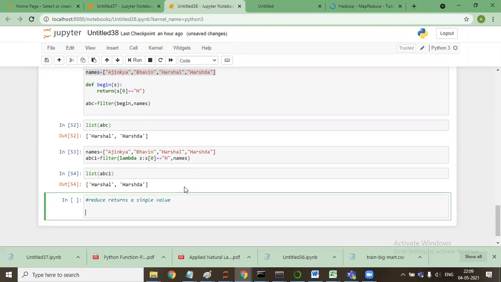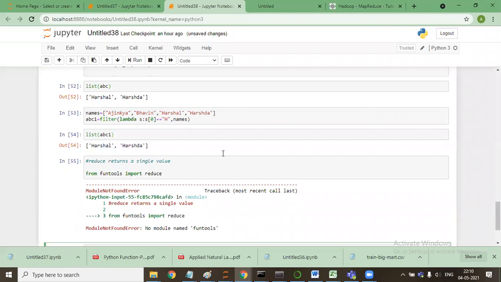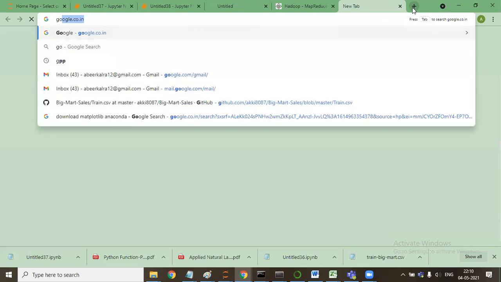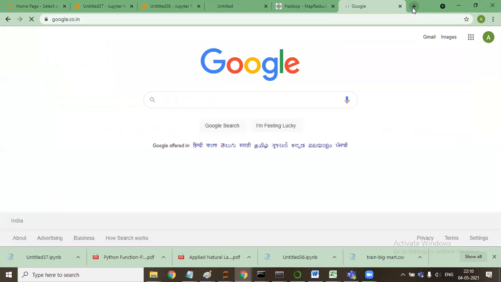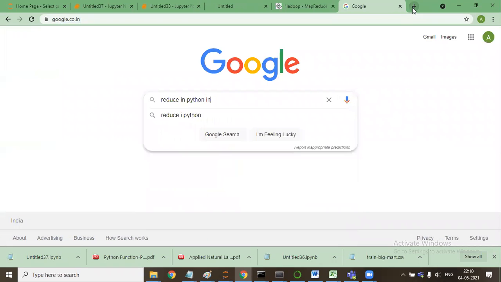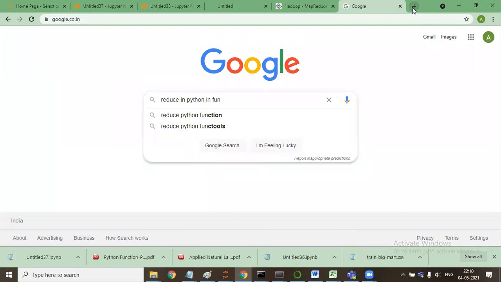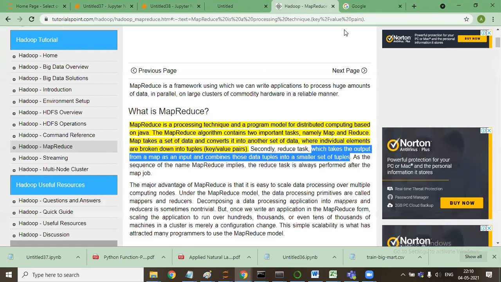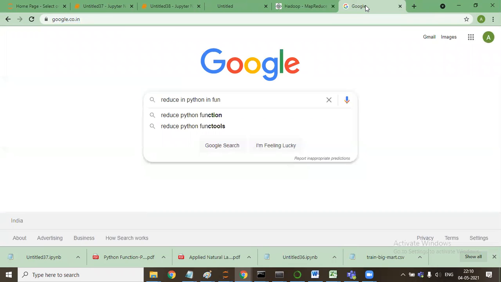It needs to be imported from somewhere, from functools import reduce. It is functools.